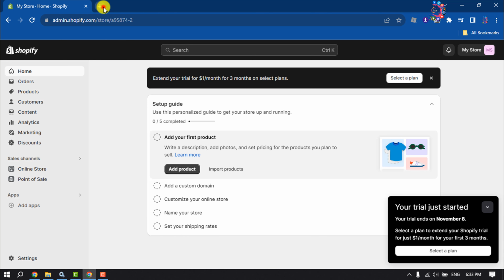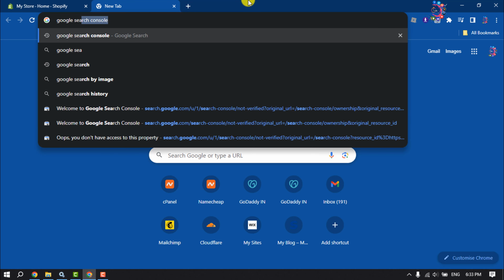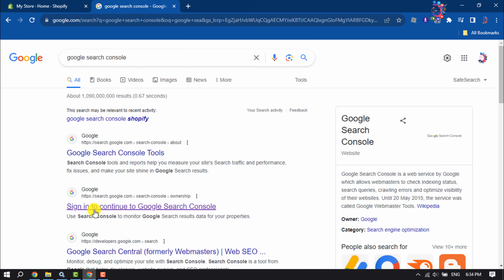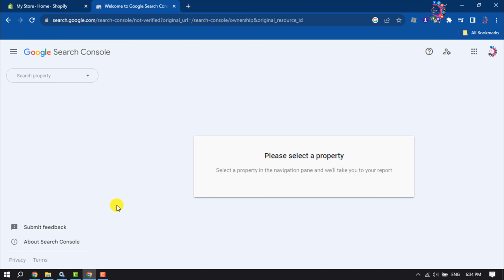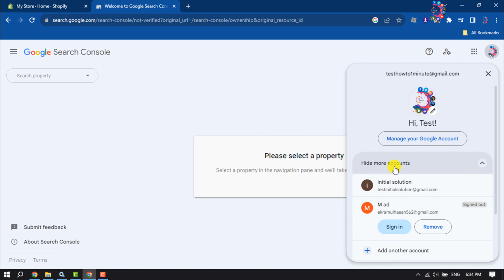First of all, open your browser and type Google Search Console. Click on Sign in to continue to Google Search Console. Once you are here, click on this profile icon, and now you have to log into Google Search Console using